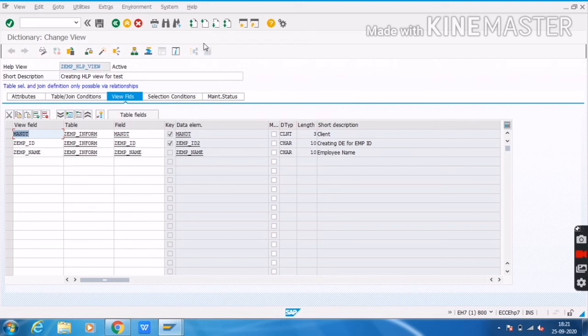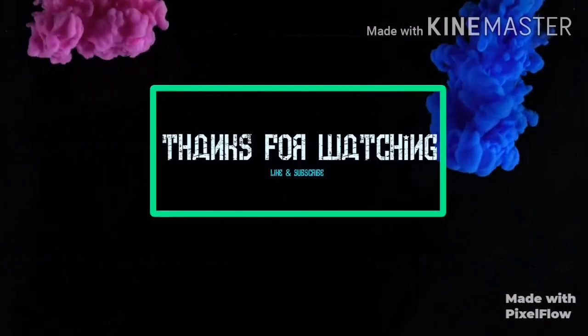If we want to use this help view, we have to use it inside the search help. I will show you how to use a help view inside a search help. Thanks for watching.